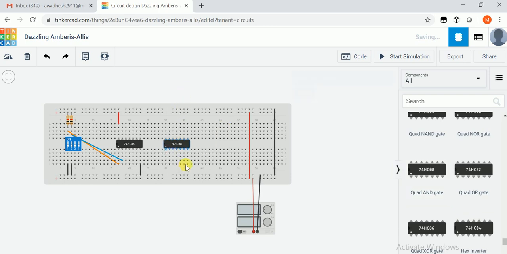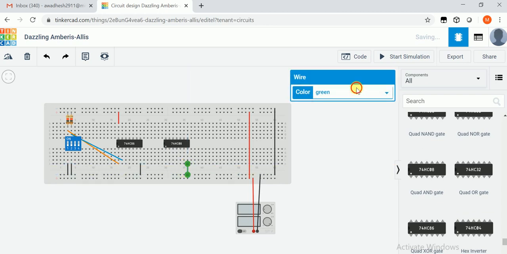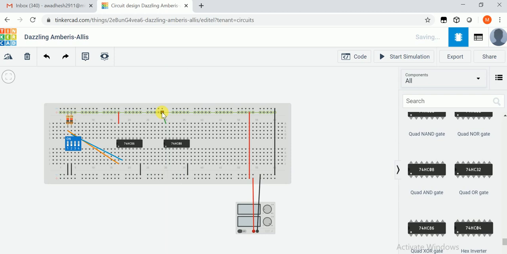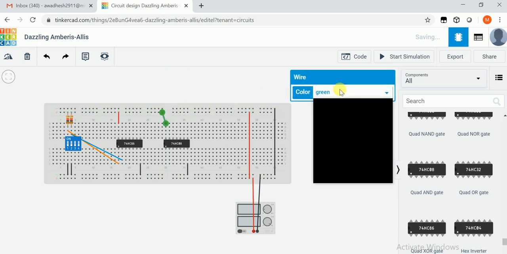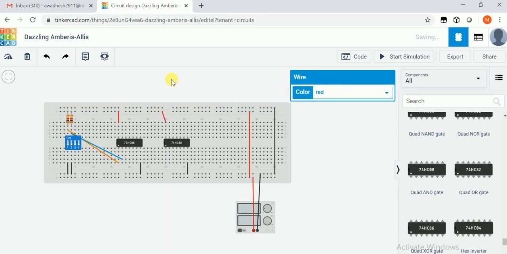Okay, we should connect the 7th pin to the ground. It is black, and this 14th pin to the power supply, that is red.